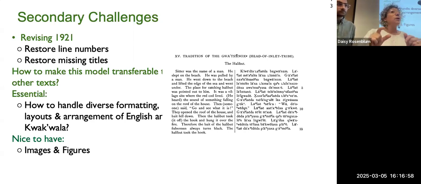So people want those line numbers, and they had been removed at the very beginning of the process, and I didn't even have the documentation to figure out where they'd gone and when. So we had to figure that out. Millen helped us figure that out. Anyway, we also wanted to know, can we make it transferable? How do we make it work on other books that don't have the same formatting, that kind of thing.